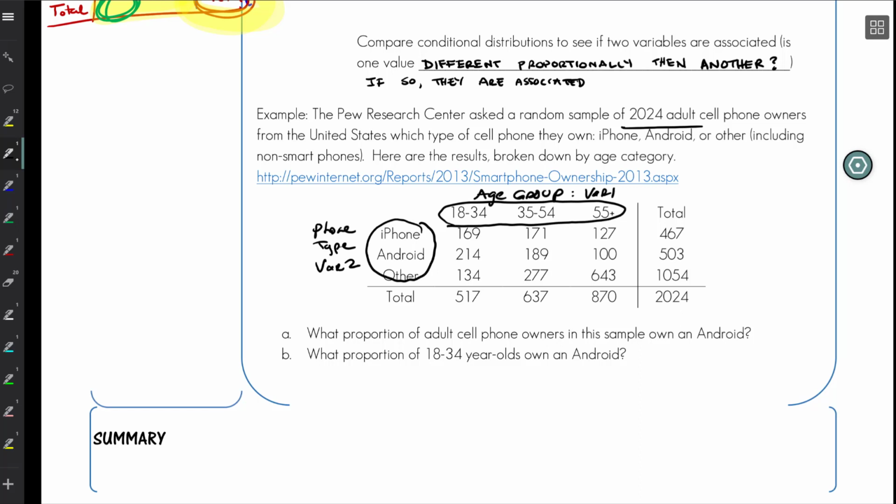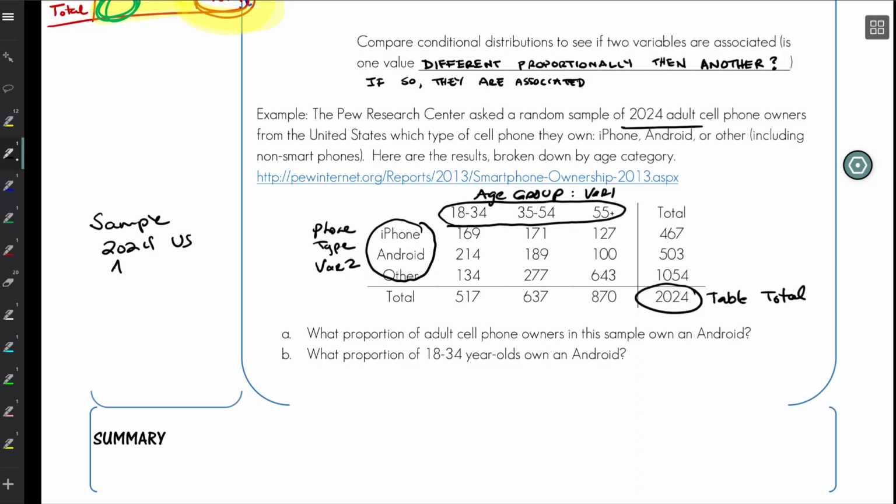Now, let's go ahead and take a look at our question. What proportion of adult cell phone owners in this sample own an Android? Okay, well, before I do that, I want to get some more basics of how to read this table and what the prompt is telling me. So I see down here, this is what's known as my table total. And this is usually going to represent my sample, or maybe my population, depending on what we are looking at, but it's just how many total individuals we found. And so this is my sample,